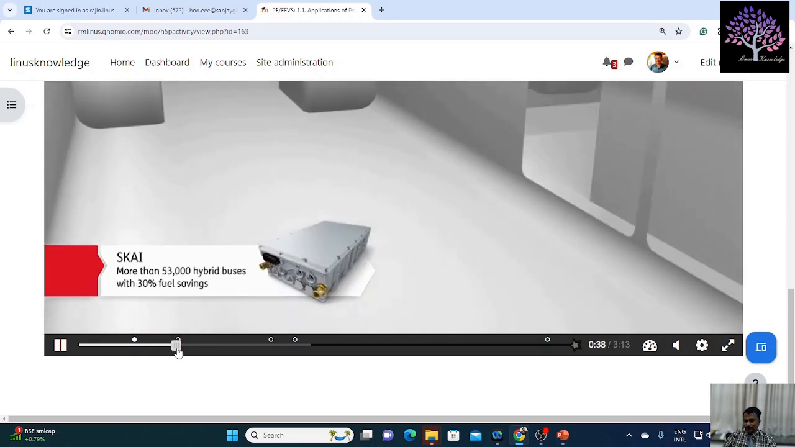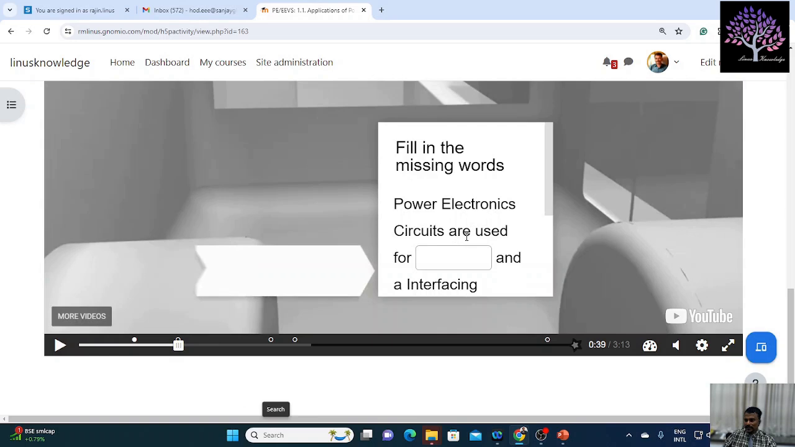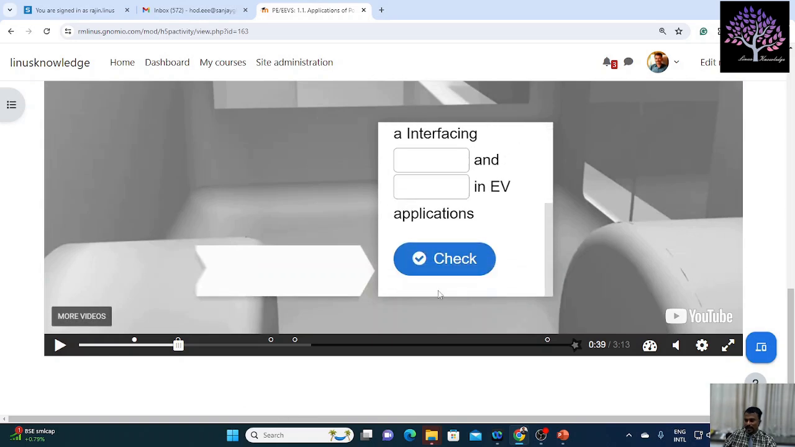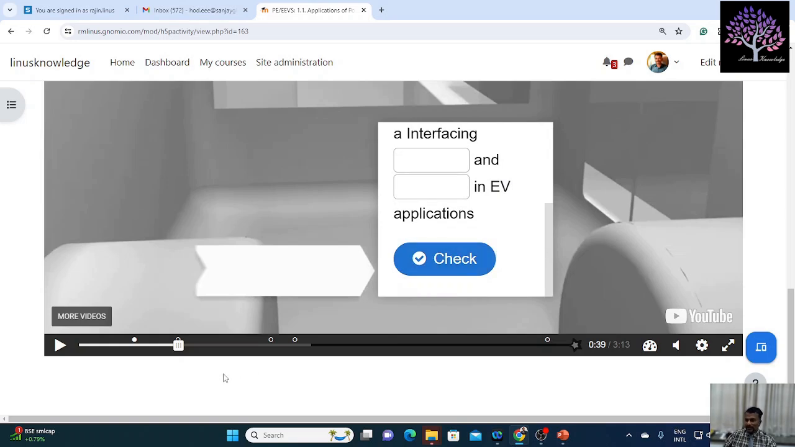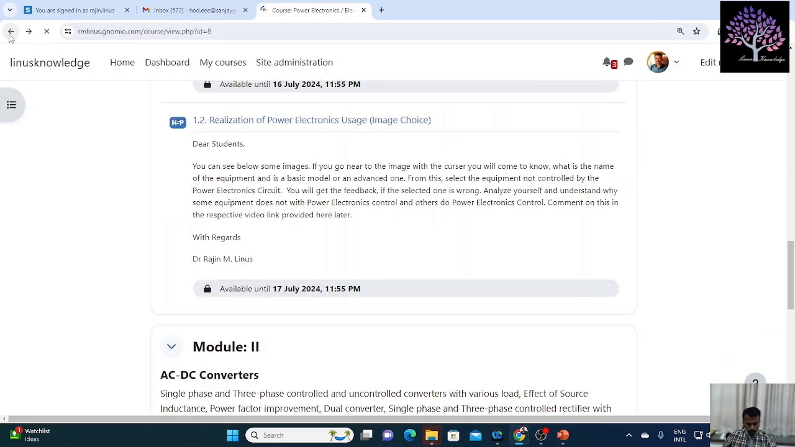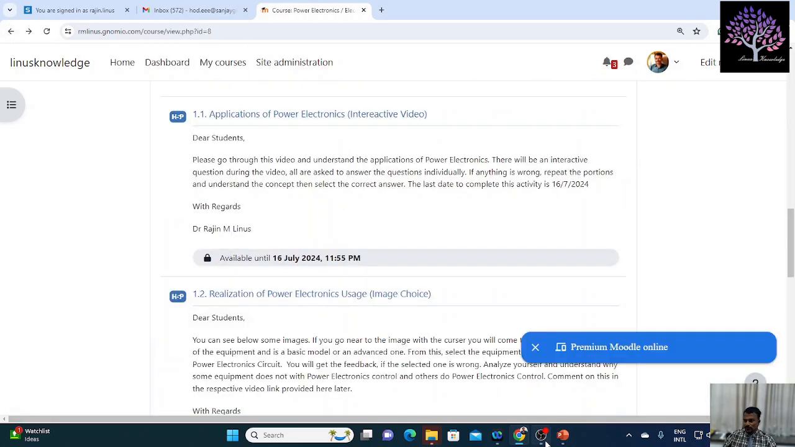There are different types of questions; now this will be the fill in the blanks. You can fill in the blanks and check it like that. There are points 1, 2, 3, 4, 5. Just attend all the questions and you will understand the importance of power electronics. Then when you go to the next